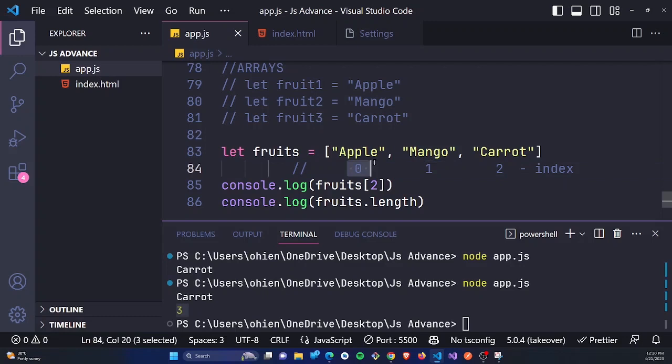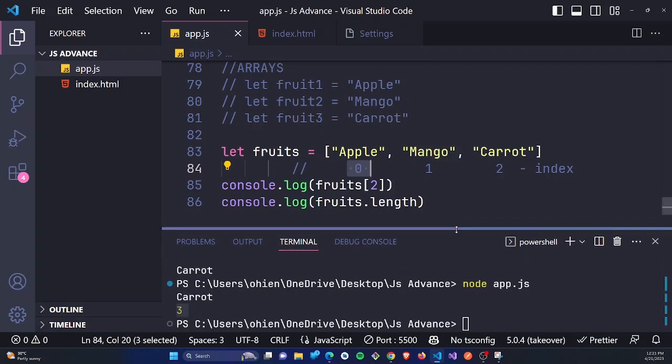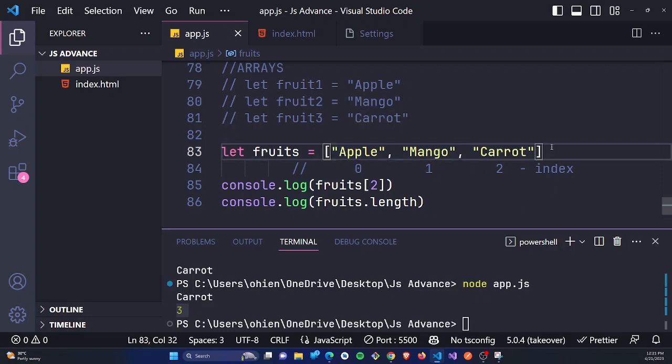Positioning starts from 0. So that's why the index of apple is 0, mango is 1, carrot is 2. Now, there's a trick to this. Sometimes you might know the length of the array, but you don't know the position of the last item. For example, if I tell you now to print out the position of the last item in this array,